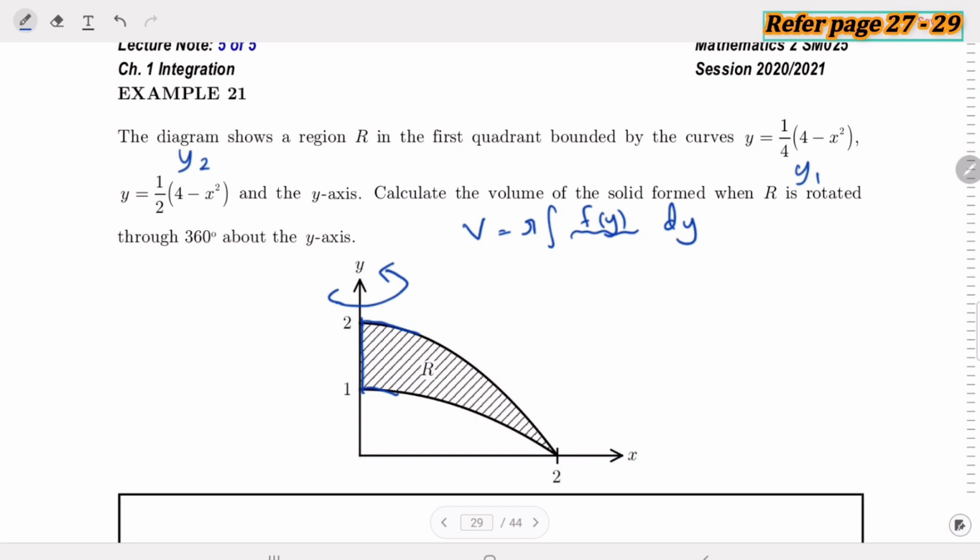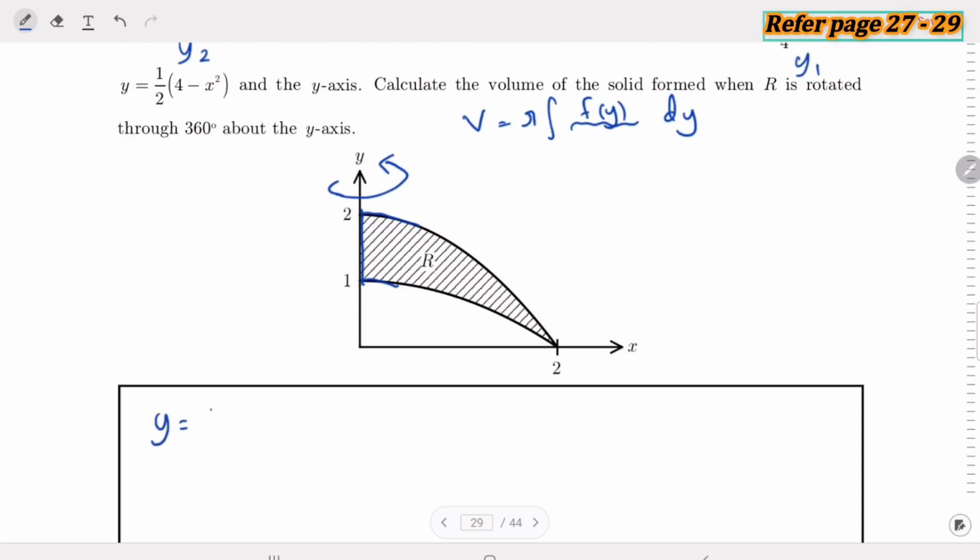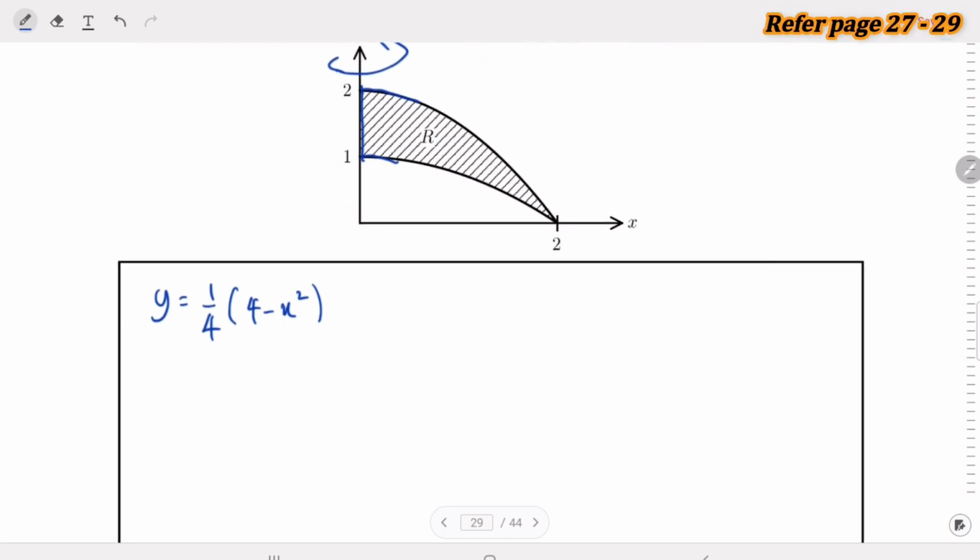So first we have y equals 1 over 4 times 4 minus x squared. This function is in terms of x, so we are going to change it into terms of y. So 4y equals 4 minus x squared. So x squared equals 4 minus 4y. And then the other curve,